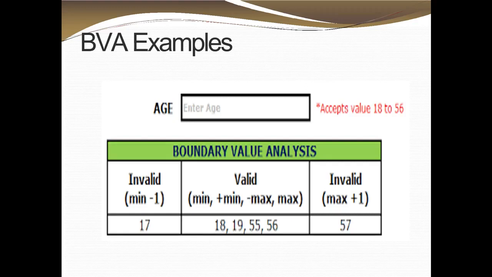So here we have put it into the valid field, that is the minimum 18 plus 1 of that minimum is 19, maximum we are going to have is 56 and the less 1 of that maximum is 55. So that's why we have identified the 4 inputs, that is 18, 19, 55 and 56. Now invalid inputs are 17 and 57. So now for this boundary value analysis we have again reduced the total number of test cases and we are going to write down the test cases based upon this given set of inputs.